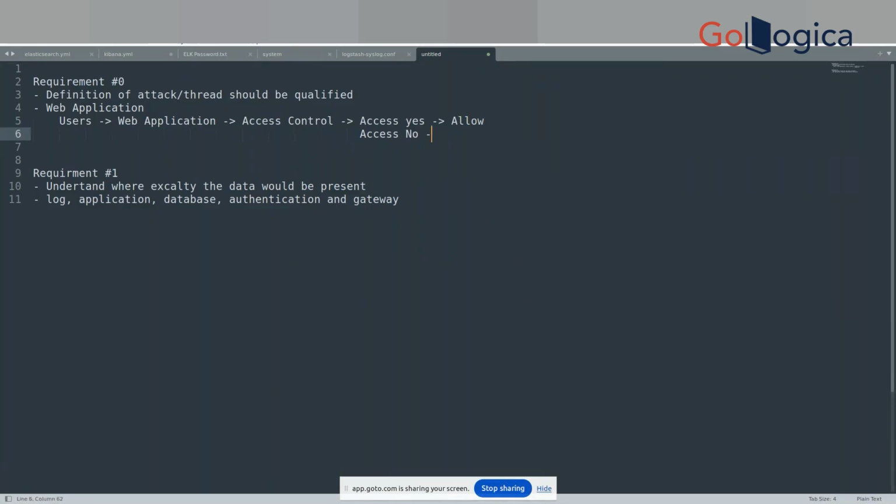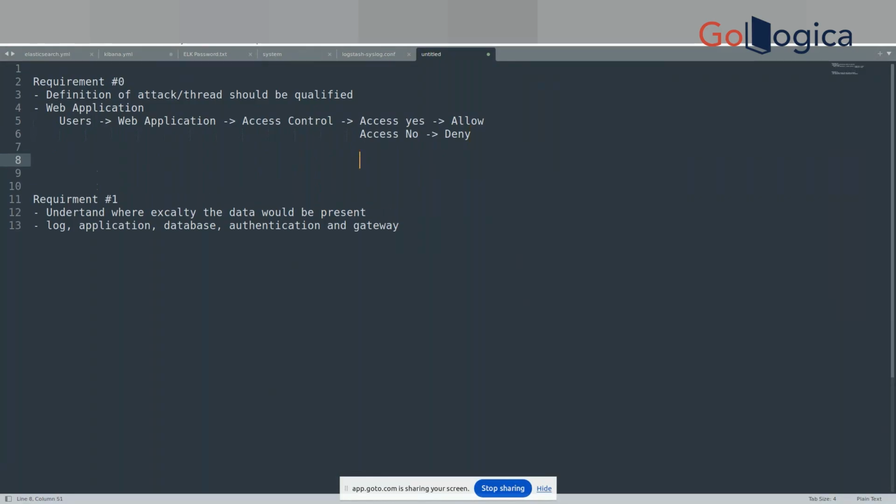Okay, I've just written a kind of flowchart. User comes and accesses a web application. Depending upon the access control, we need to take a decision whether to provide access or deny the access. If they have the access, you need to allow them. If there's no access, you need to deny it completely. Is the flow captured properly here? Yes. Okay, perfect. So the first and foremost thing in terms of threat detection,